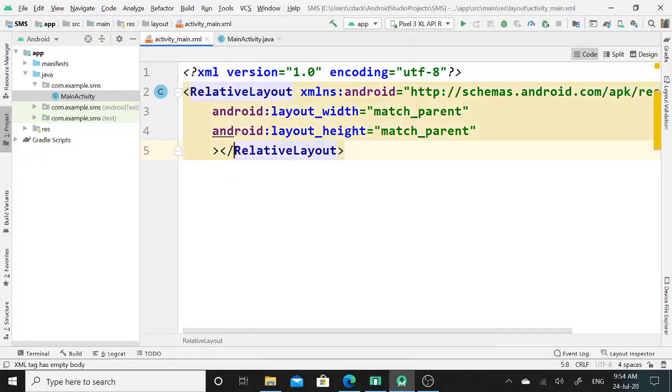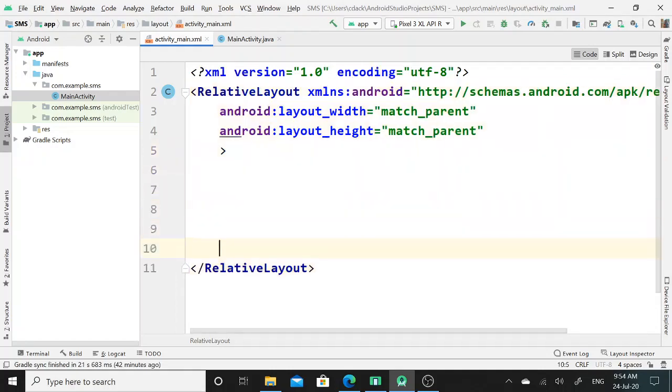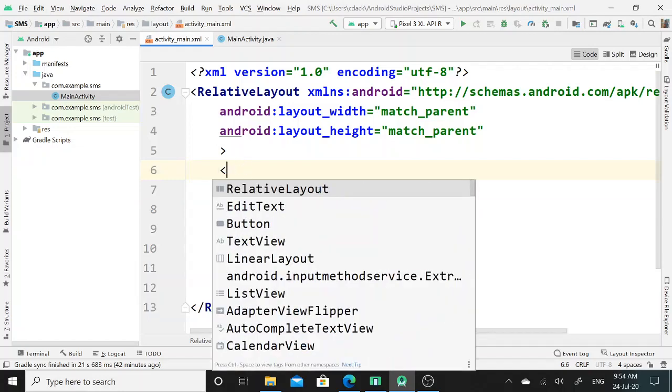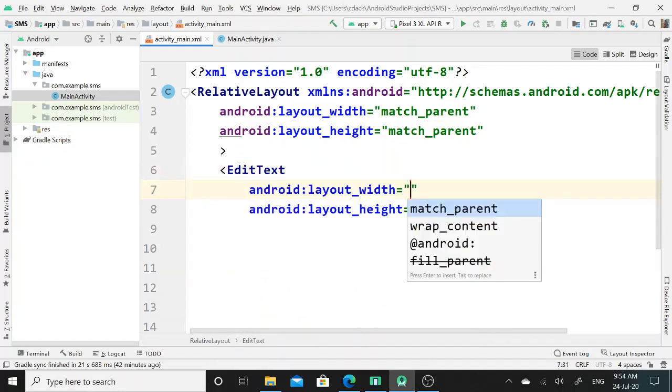So this is my relative layout, and within this layout now I will set edit text tag. I will make use of this edit text tag to accept the contact number from the user.